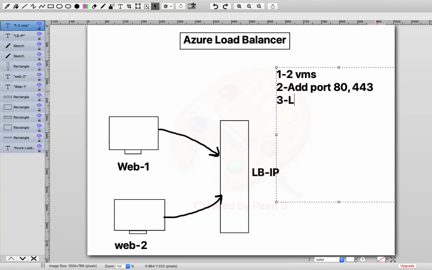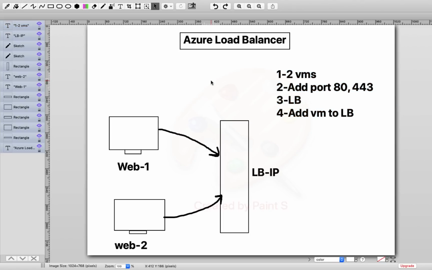Third, we need to create a load balancer. And fourth, the last step is to add the VMs to the LB. So this is the configuration that you need to manage your load balancer services. I'm going to show you the steps and the practical on how you can manage this load balancer.